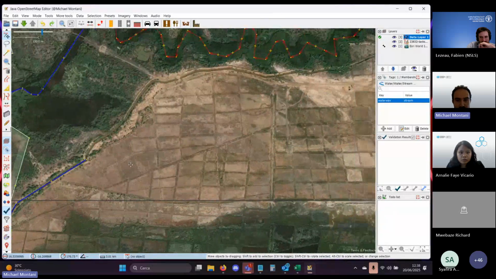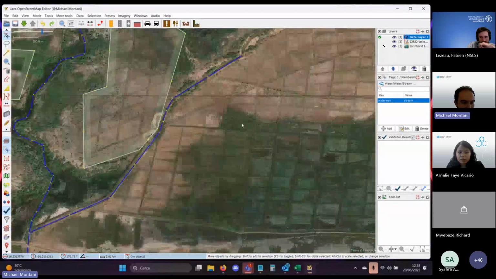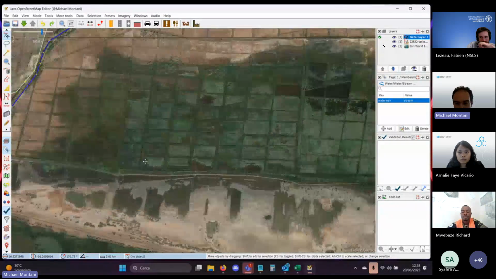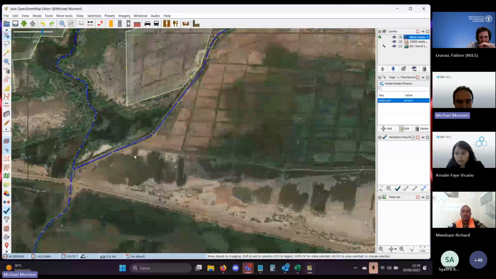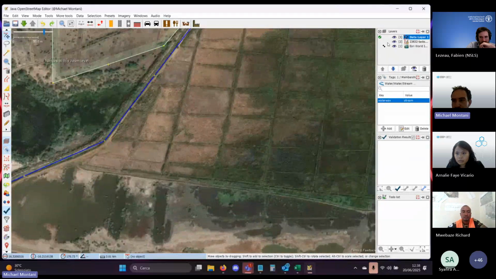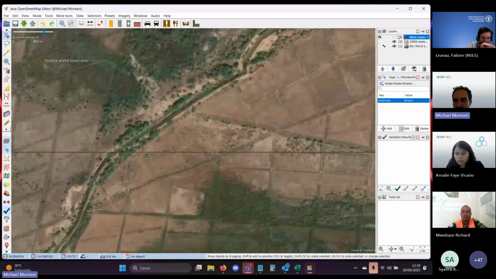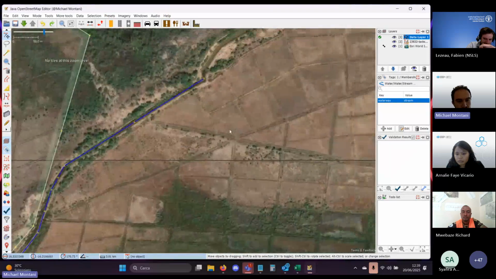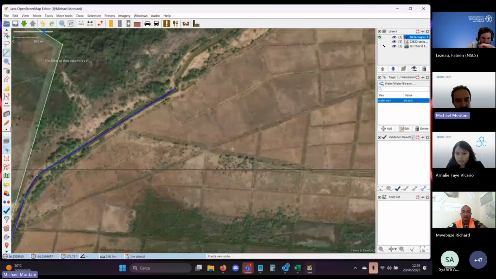So, for example, one suggestion that I give you is to hide the data. I will show later how you can do it in the iD editor as well. Once you hide the data, you can better understand what's below. And the drains will be these lines here.